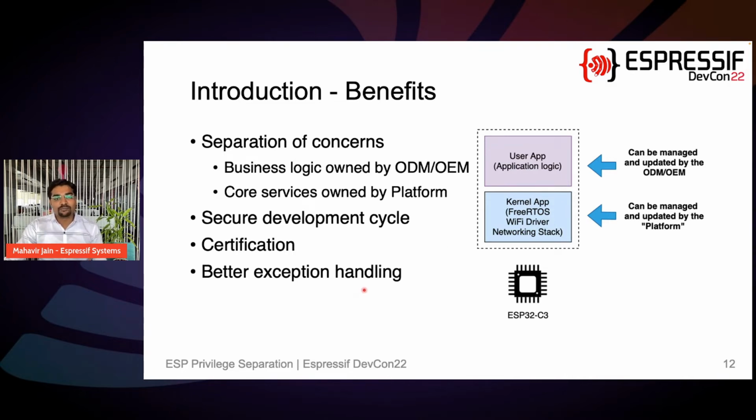And the fourth important advantage here is better exception management. Since this non-secure application does not have the entire memory or the peripheral access, we could easily handle its exceptions in a good manner. So we will have more details on this in the subsequent slides